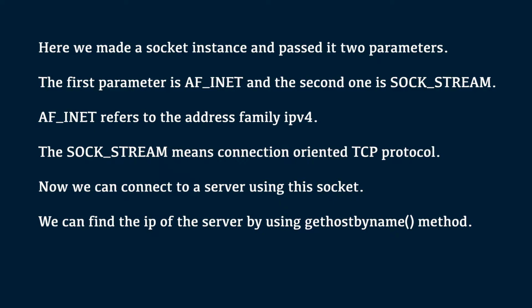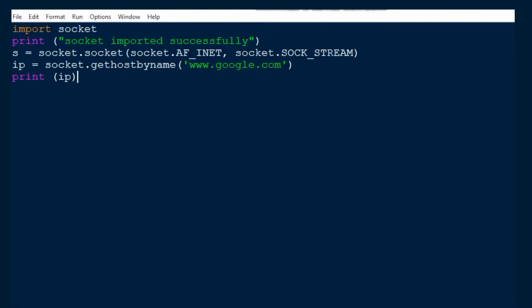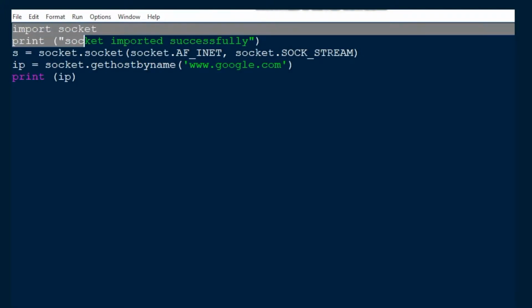SOCK_STREAM means the connection-oriented TCP protocol. Now we can connect to a server using this socket. We can find the IP of the server by using the gethostbyname method. Video 1. So, the first thing is you have to import the socket module.